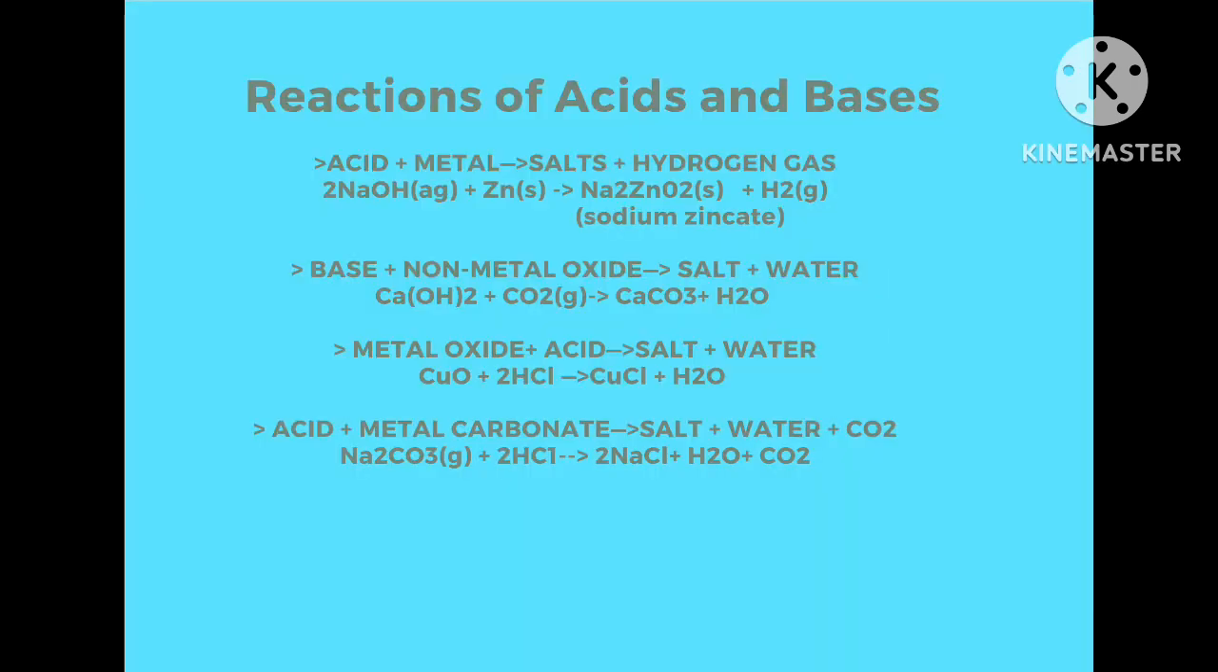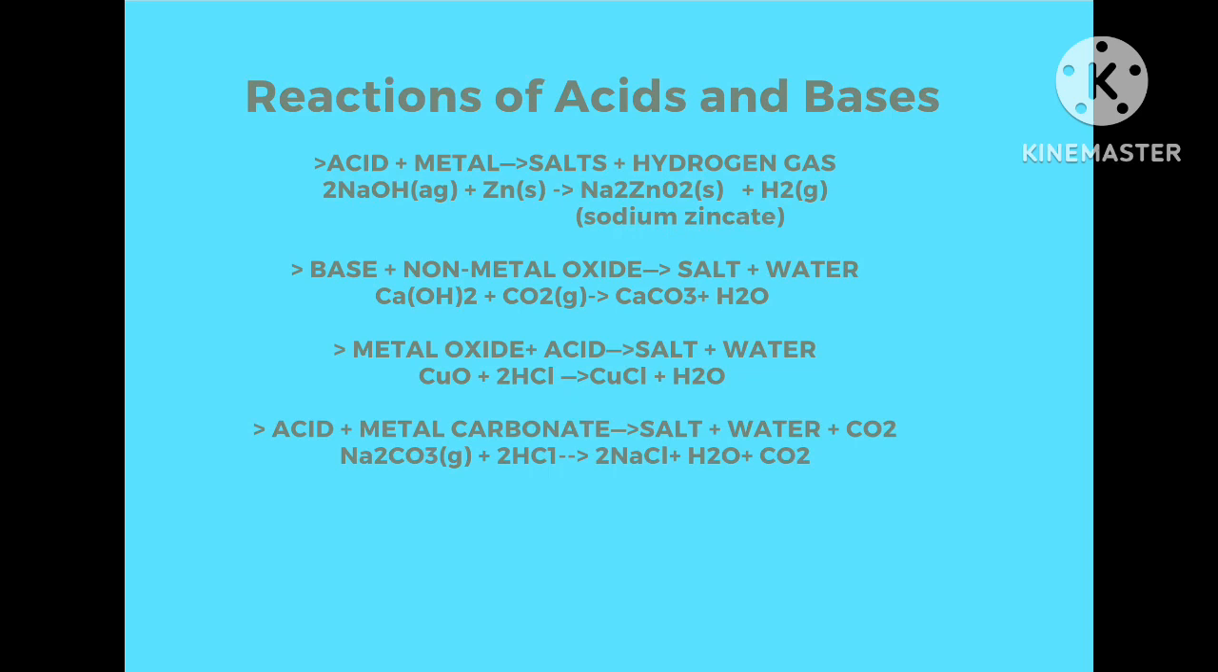Next, we are going to discuss the reactions of acids and bases. First reaction is when acids react with metals. As we all know, metals are bases. So when acid reacts with metals, salt is formed and hydrogen gas is released. For example, as written here, sodium hydroxide reacts with zinc crystals to form sodium zincate and hydrogen gas is being